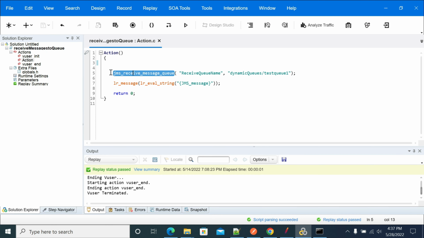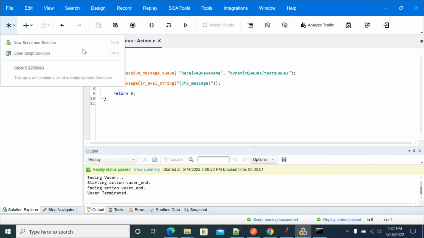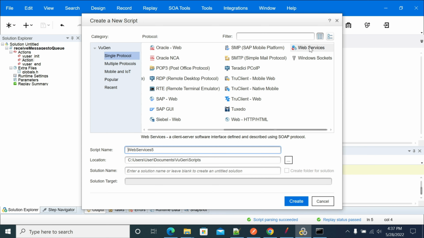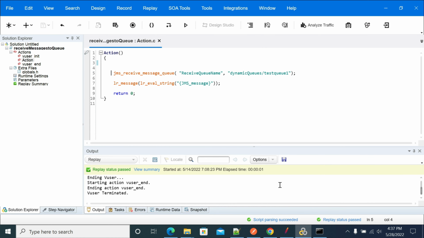To create this type of script, go to the new script and select the web services script and click create. That will create your web services script. Then this is the function we use, JMS receive message queue. This is the step name we are using, and this is the queue name from where we need